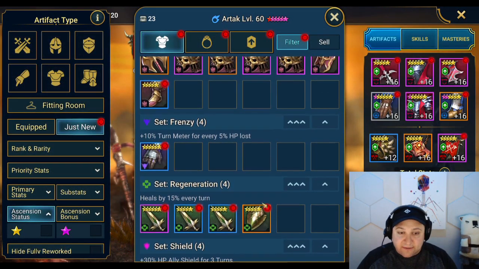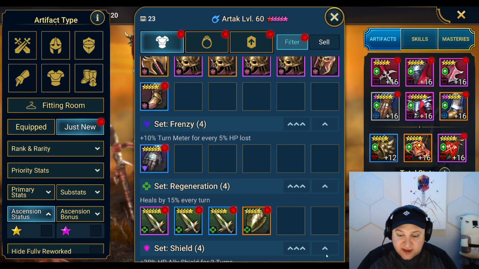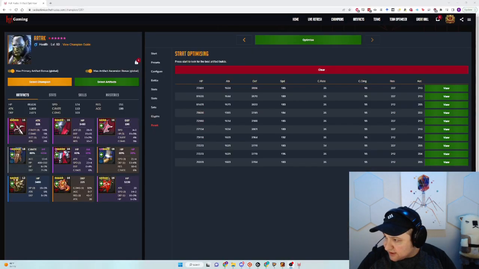So, one of the things I did is I built a team in HH Optimizer. Hold on. Oh, you guys can't see that yet. Let me swap over. Let's hide raid. There we go. So I've been running possible builds to put Artak in,